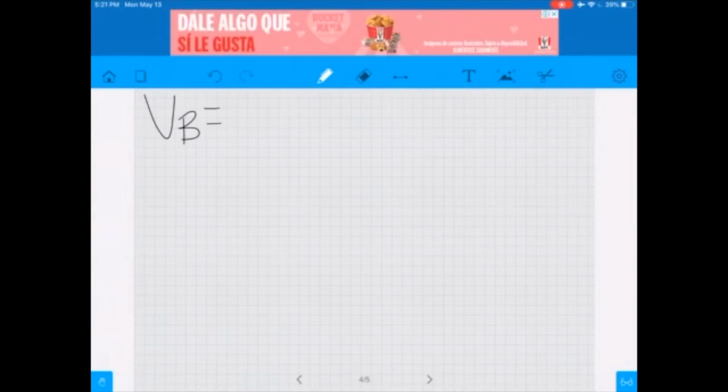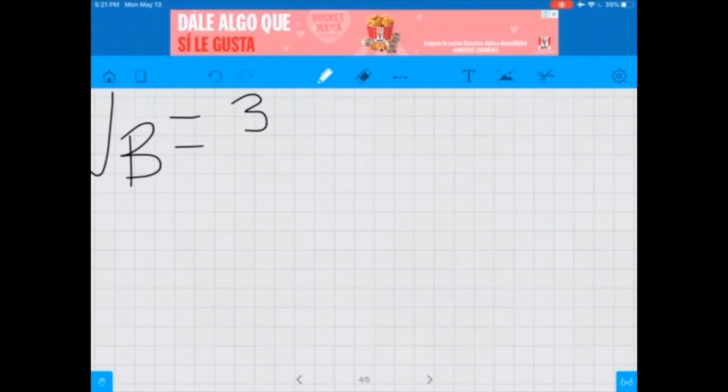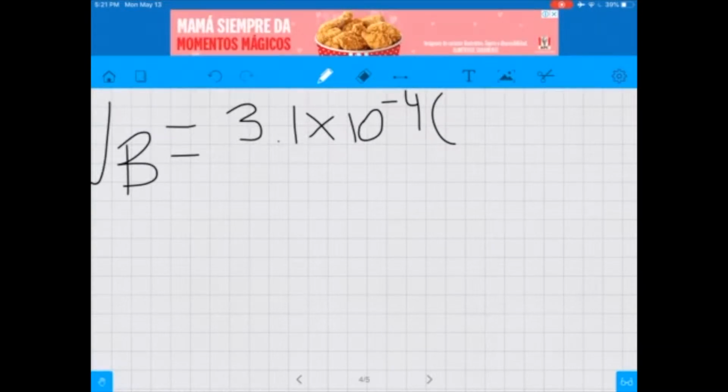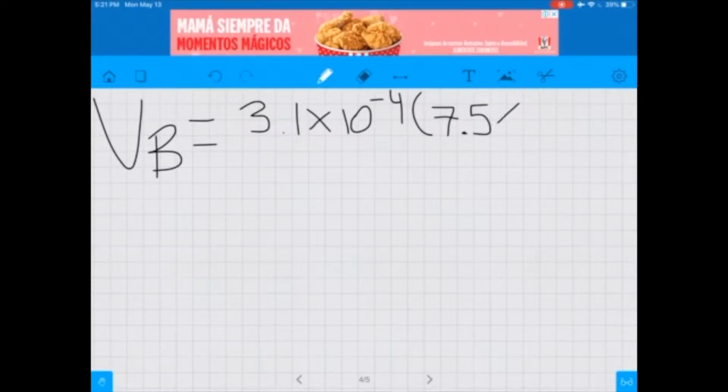So the values are 3.1 times 10 raised to minus 4 times the radius, which is 7.5 times 10 raised to minus 2,